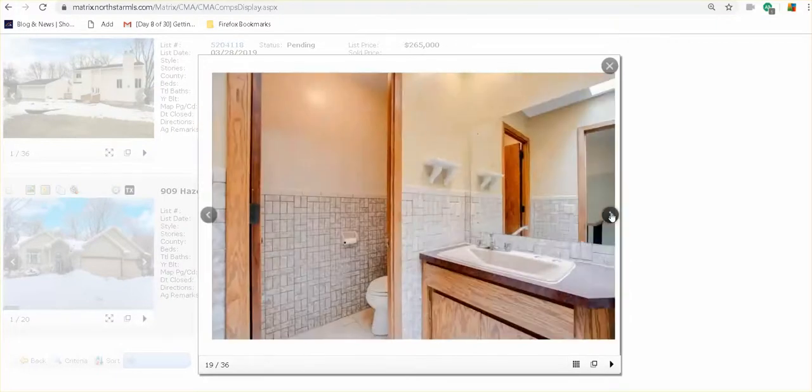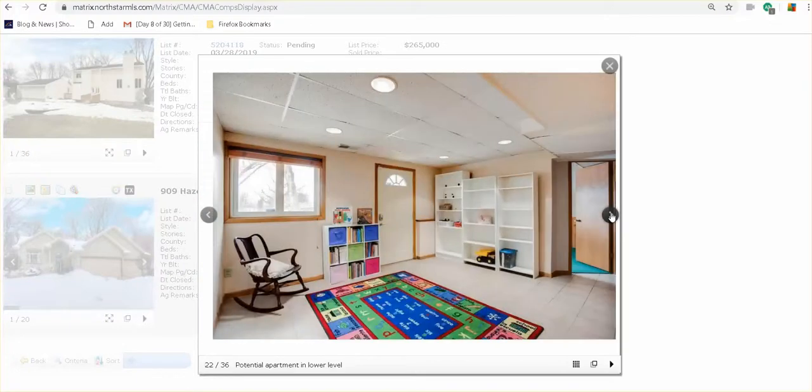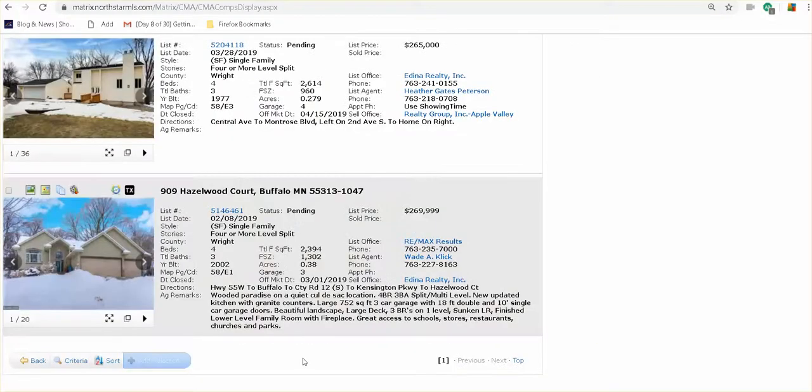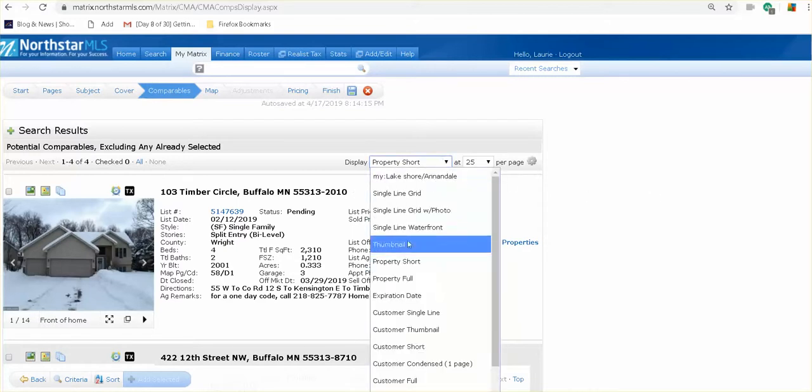I am showing a buyer currently in the Savage area that would like this look. So that could be attractive, and why they may feel that they put more money into it, and that's what they need out of it. So in any case, as I look at these in the thumbnail view,